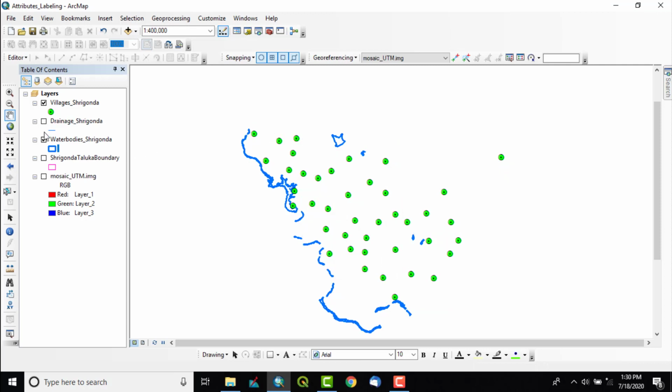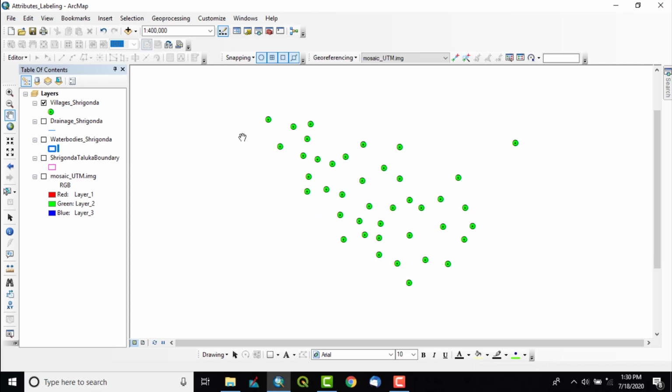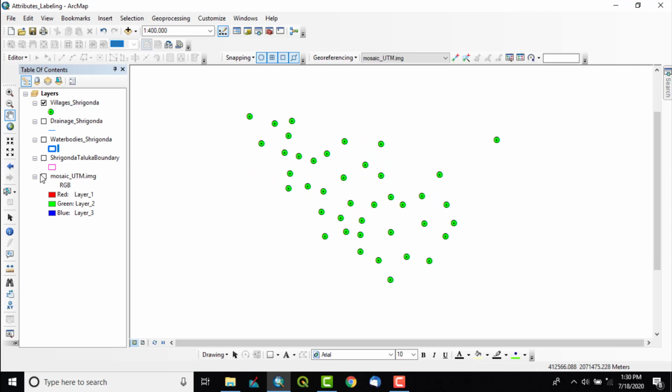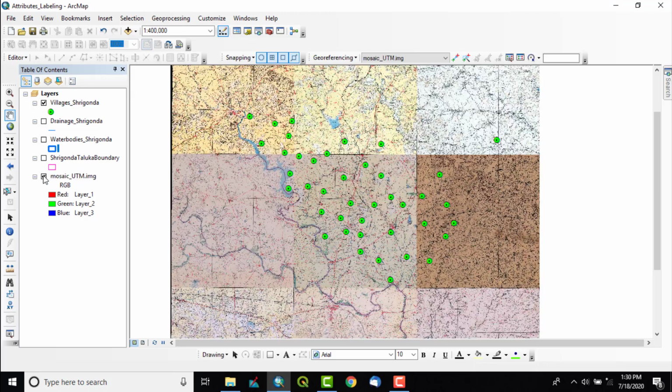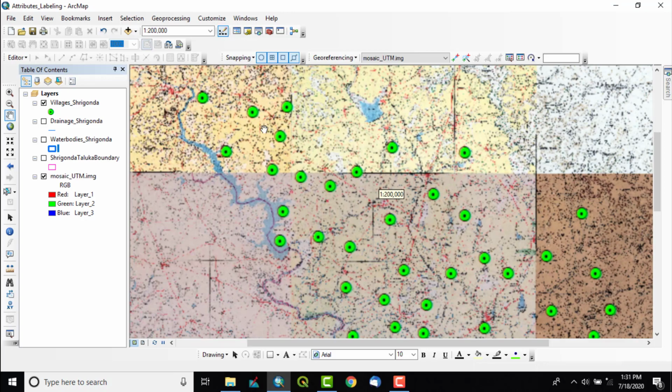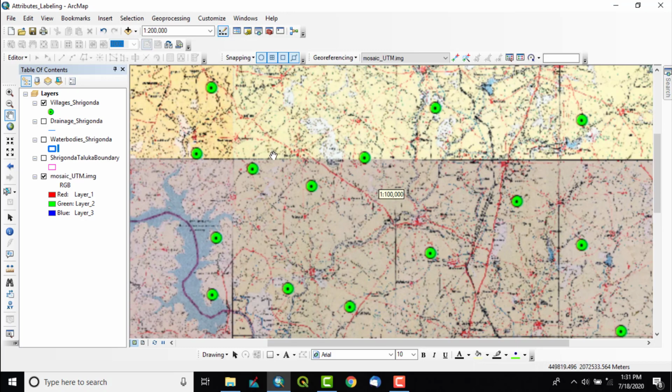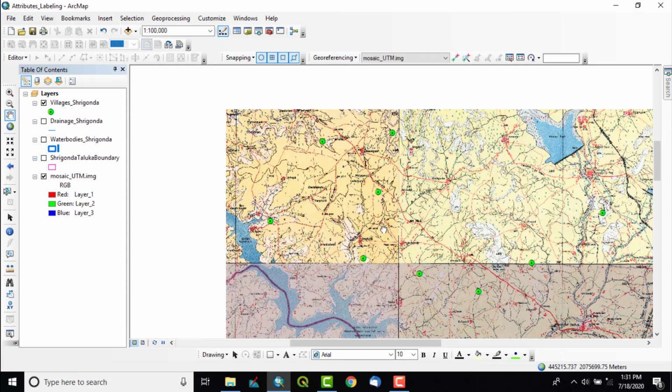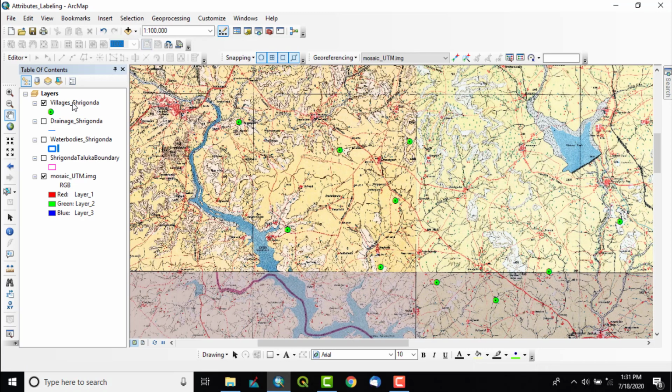Now let us start how to give those attributes. So very first we'll assign the attributes to the villages that we have digitized on the topo sheet of that particular area. Now let us go to the attributes. Each and every feature that we digitize in ArcGIS software has attribute table by default.